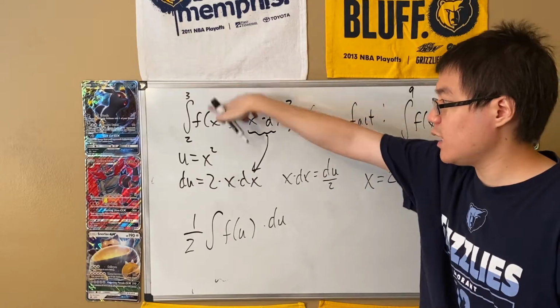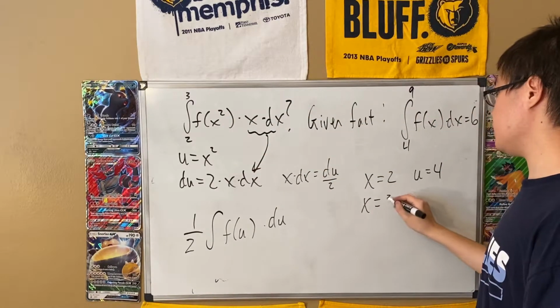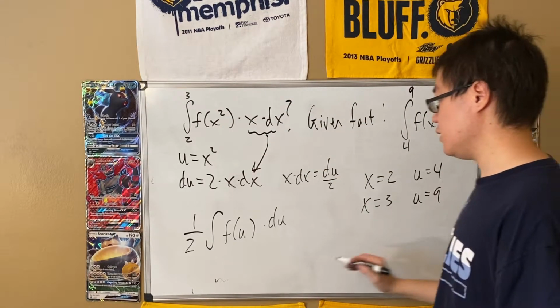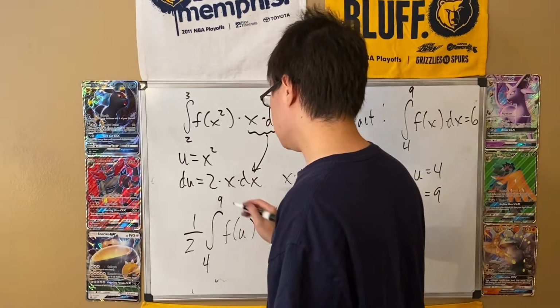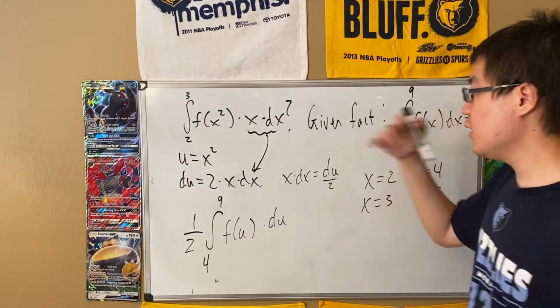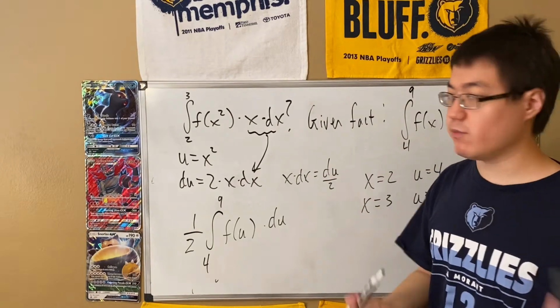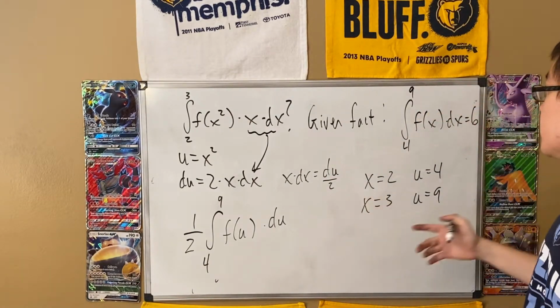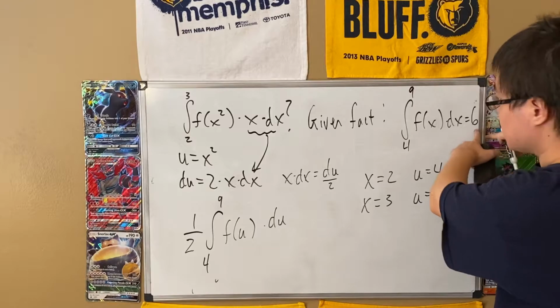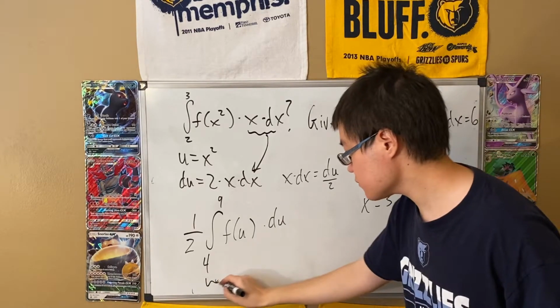Then when we plug in the top number, x is equal to 3, so u is equal to 9. We're going to get 4 and 9. So remember that this is the question. Because the u-subbable one was the question, we're not going to set this equal to something. We're going to use the fact that this is 6, so we're going to take all of this because the